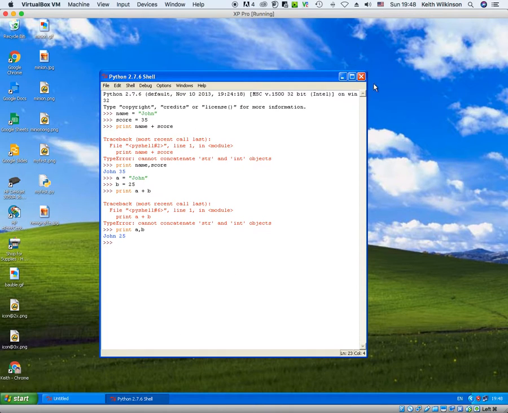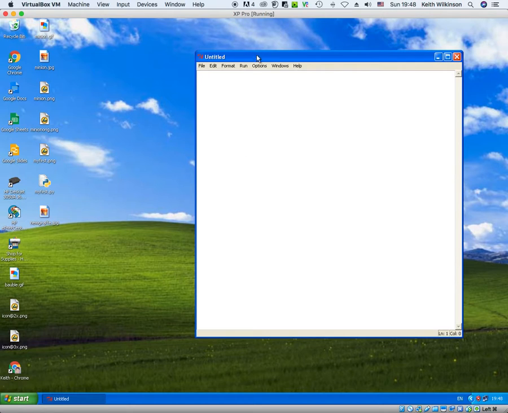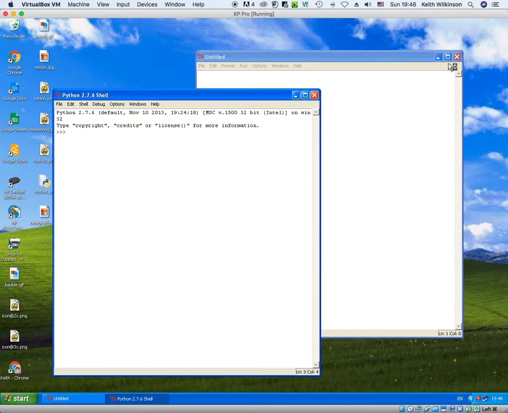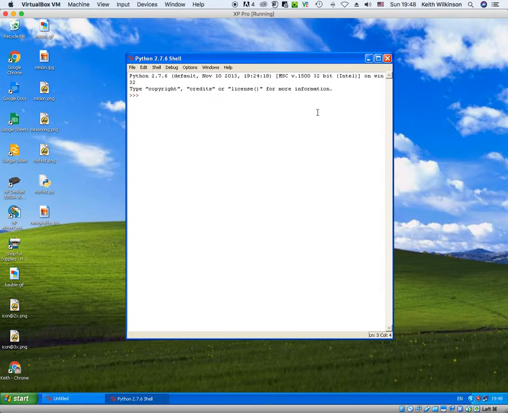Let me get a new shell so that we can see clearly what's going on. Okay, I use something called format. So let me give you the two values again. Let's do name equals Jill and score equals 43. So I've got a string and I've got a number. And if I wanted to print out a message, so let's do this. Print name, that's Jill, plus